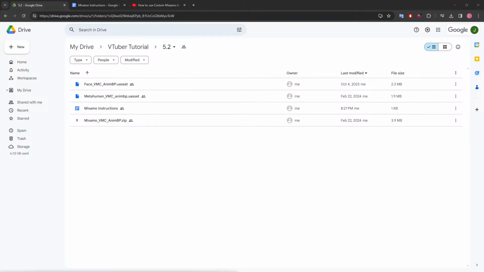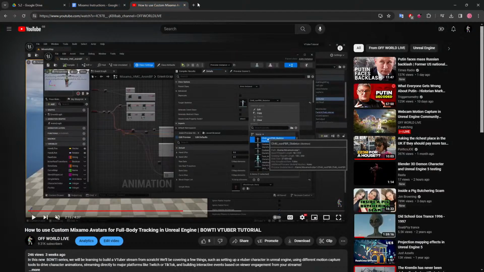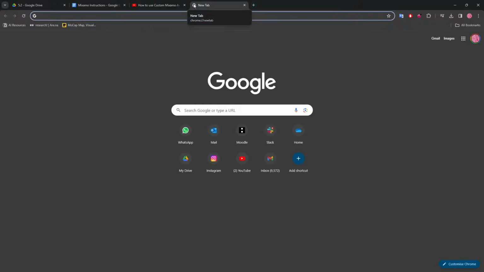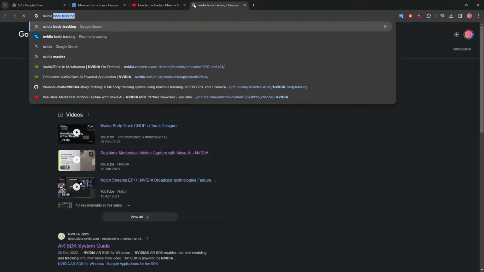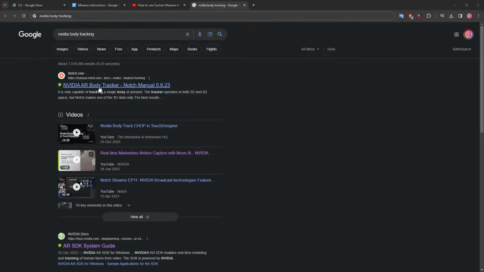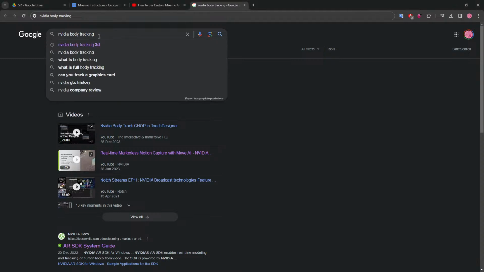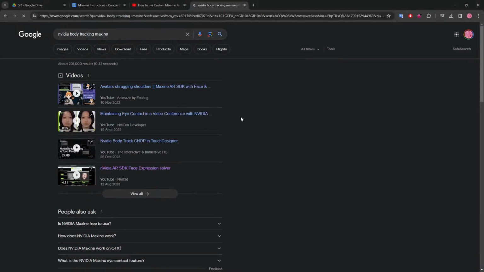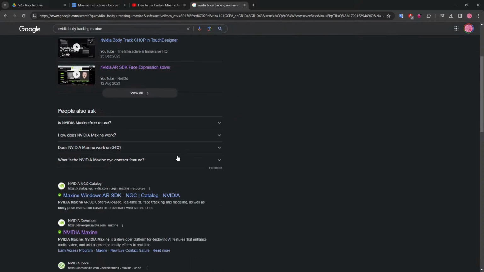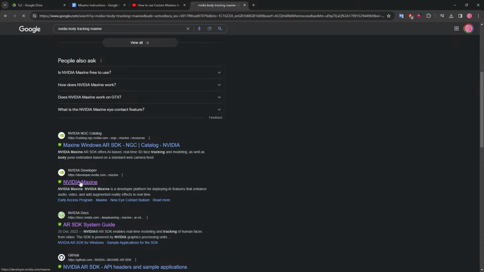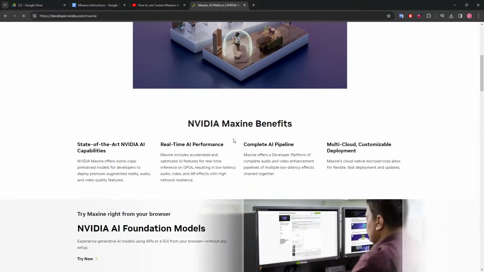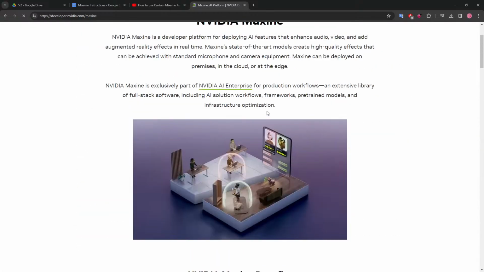On top of that, I've also been working on the Touch Designer workflow. This is quite interesting because apart from MediaPipe, which XR Animator sits on, I've also been looking at the NVIDIA Maxine AR SDK, and I believe NVIDIA body tracking. I believe it's called Maxine, where it also has body tracking functions. And we've always been really inspired by the team at Touch Designer and how fast they integrate